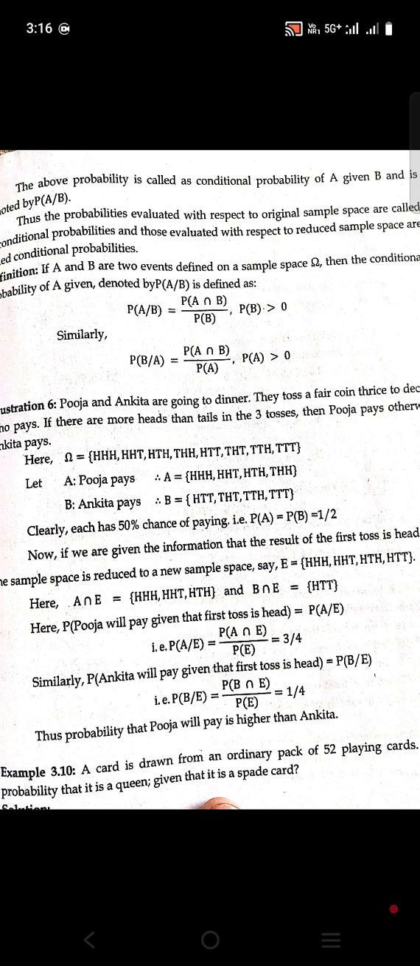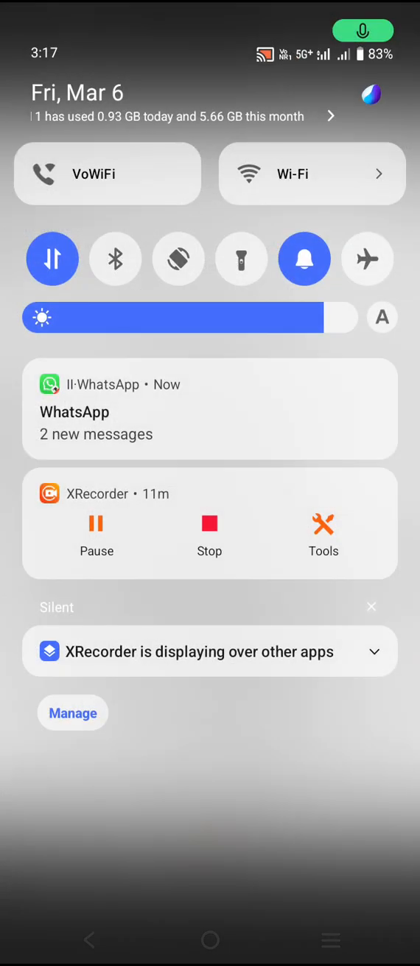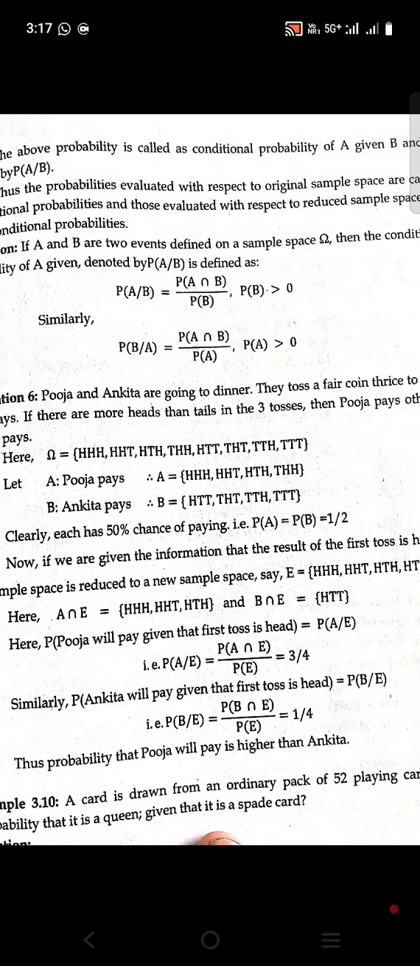each has a 50% chance of paying. That is, probability of A equal to probability of B equal to 1 by 2. Here the total sample space is 8, and A and B each have 4 outcomes. Now, if we are given the information that the result of the first toss is head,